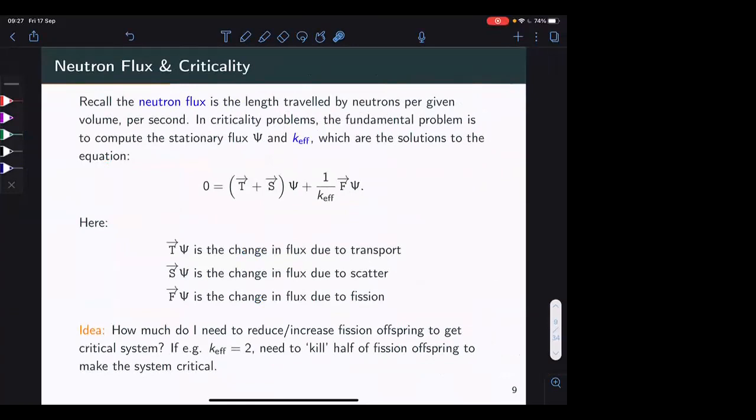So mathematically, what's the main thing we're trying to do? What we want to measure is neutron flux. Emma introduced this. I'm going to quickly review the main equation, but for criticality,